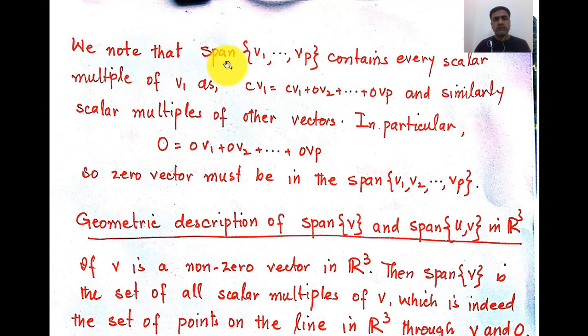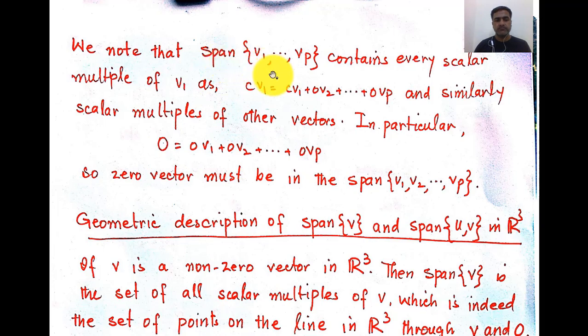So we note that span of V1 up to Vp contains every scalar multiple of V1, because scalar multiples of V1 are given by C V1, which can further be written as C V1 plus 0 V2 plus ... plus 0 Vp, and this is of course an element of this set. And similarly, scalar multiples of V2, V3 and Vp are elements of this set. In particular, the null vector can be written as 0 V1 plus 0 V2 plus ... plus 0 Vp, hence the null vector is also an